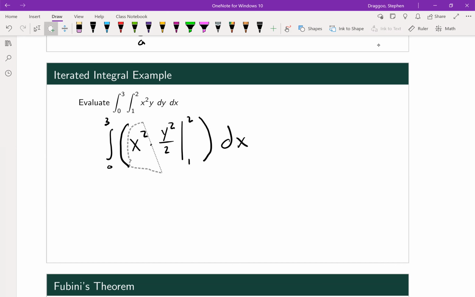So we have this inside piece where we're just going to look at, again, plugging in 1 and 2 for y, since that integral depended only on y. So we're just looking at dy. We're going to leave the x piece alone. Doing so means that we should get, well, we'll get 4 if we plug in 2 for y. We'll get 1 if we plug in 1 for y. So 4 over 2 minus 1 over 2 is 3 over 2. So let's just pull that out here and call it 3 over 2 x squared